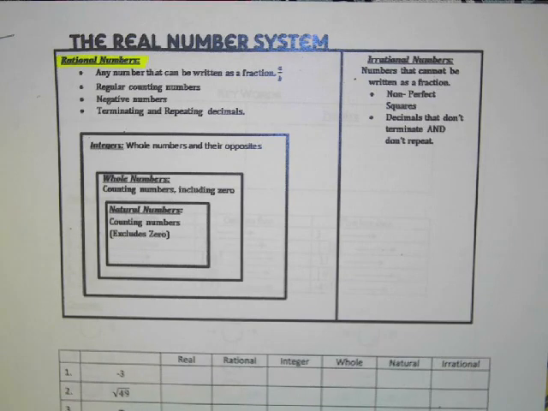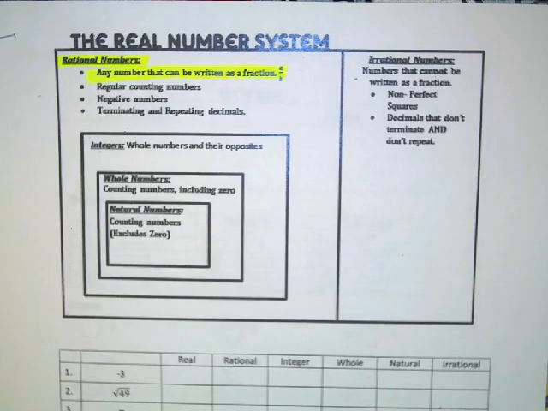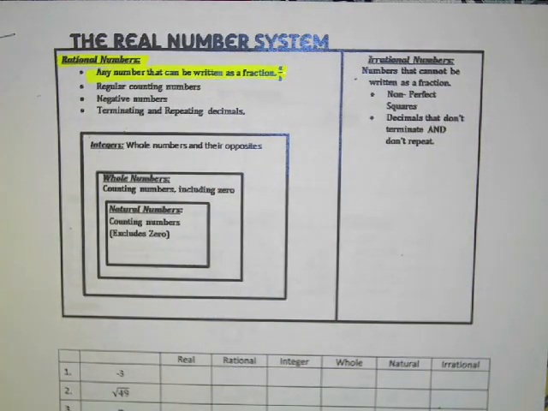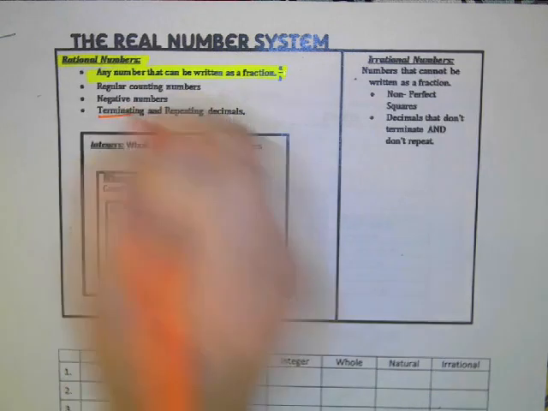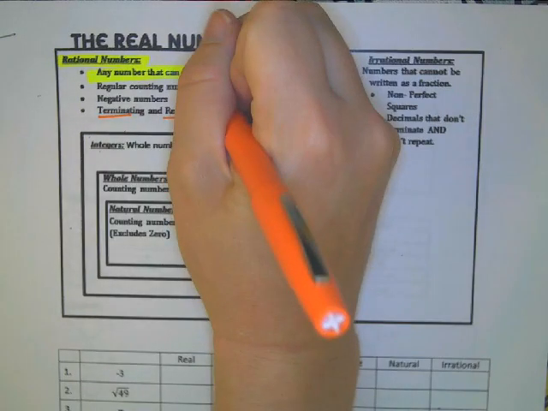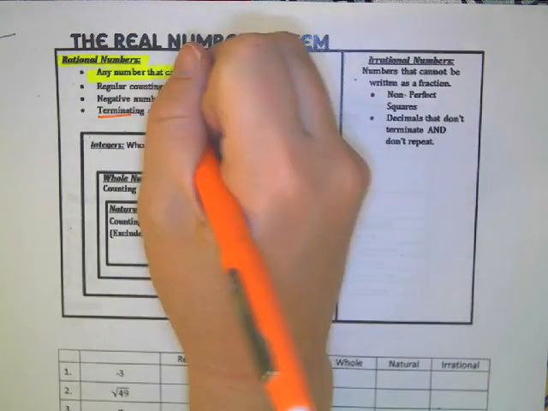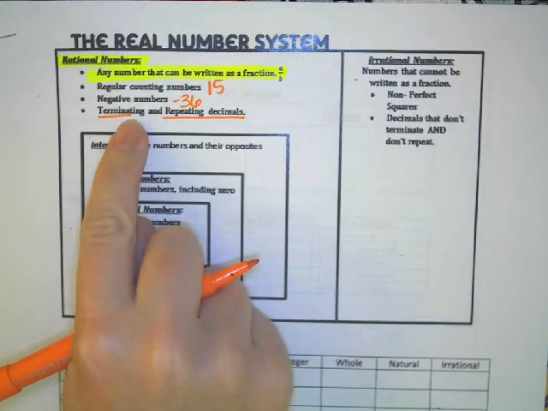Rational numbers are going to be any number that can be written as a fraction, meaning A over B. They include our regular counting numbers, our negative numbers, anything that is a terminating or repeating decimal. So let's think of some examples of rational numbers. Something we like to think of, a normal regular counting number could be like 15. Negative numbers, negative 36. Terminating decimal, that's going to be a decimal that ends, so like